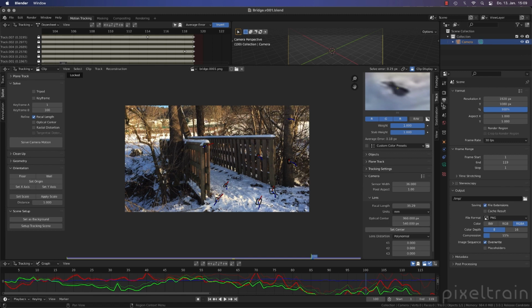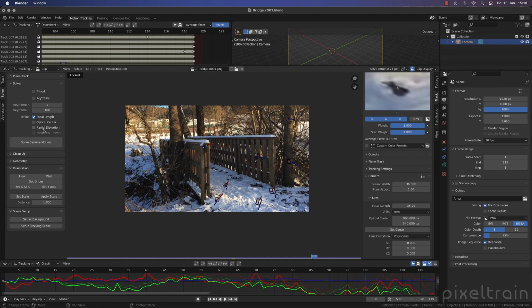So if we have a plate here which is 1920 and you divide that by 2 and also 1080 you divide that by 2, you come out with these values here. In a perfect world, a lens should be always centered, so you have an optical center exactly in the middle. But lenses are not perfect, and so maybe your center is a little bit off, and this can also change the whole thing. So you can try to find the optical center here, and we also can have lens distortion.